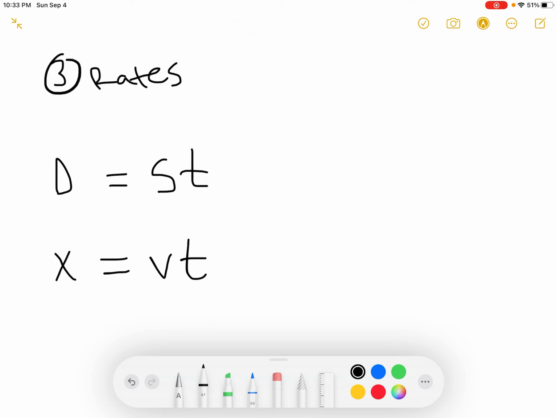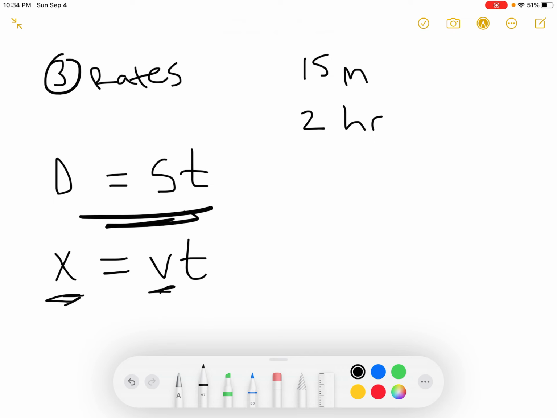But however you want to remember it, you just need to know that d stands for distance, and v stands for velocity, which is not the same thing as speed, but we're not taking physics, are we? So that doesn't really matter. You just need to know that. So you can use this as an algebraic equation. So let's say someone goes 15 meters in 2 hours. Well, you could plug in these values,